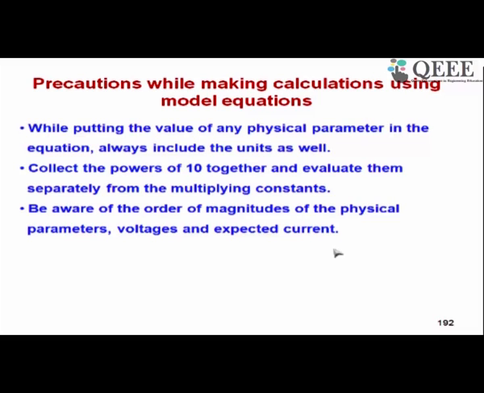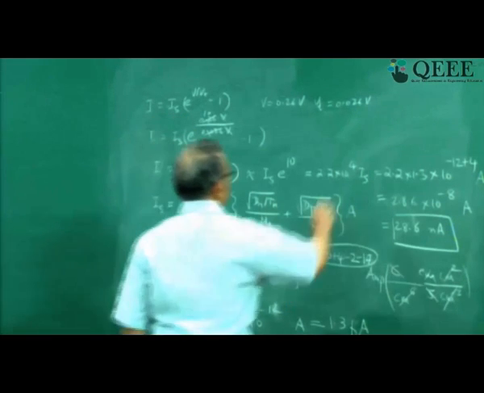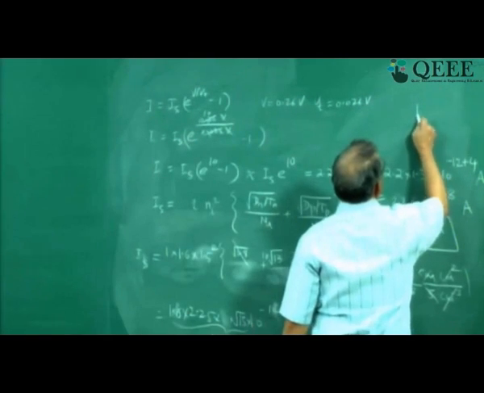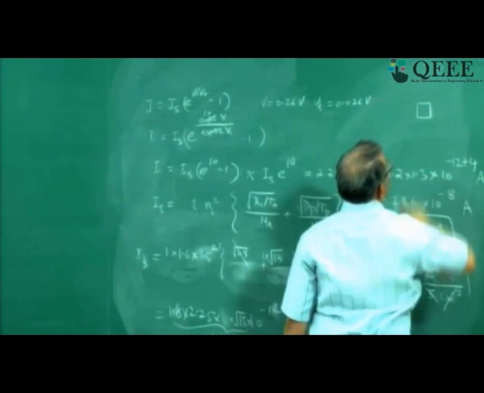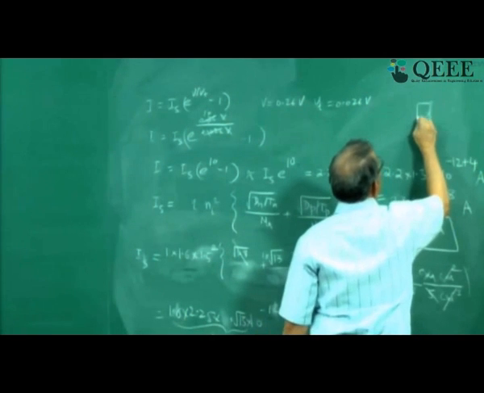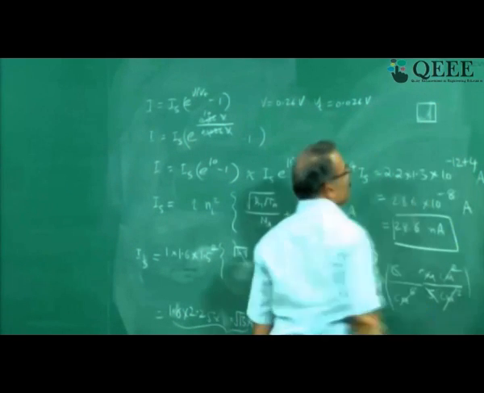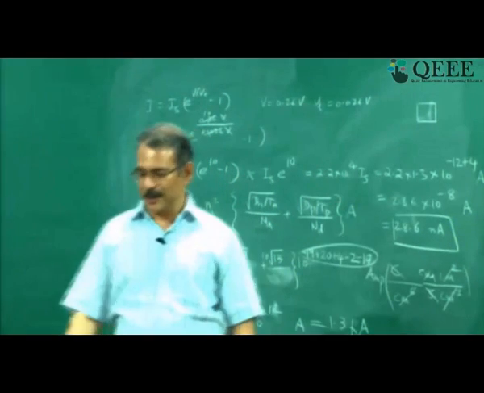So this is what is meant, that I must know. I cannot put doping of 10 power 25 per centimeter cube. That kind of doping levels you don't get in practice. So you can't make such mistakes, right? You can't put area of the diode as 10 centimeter square. Please remember, 10 centimeter square diode, how much is that? Area 10 centimeter square. This is 5 centimeters by 5 centimeters. It is really a big diode. I do not know how many of you have seen a diode of this size. So we should be aware of the realistic values of quantities.